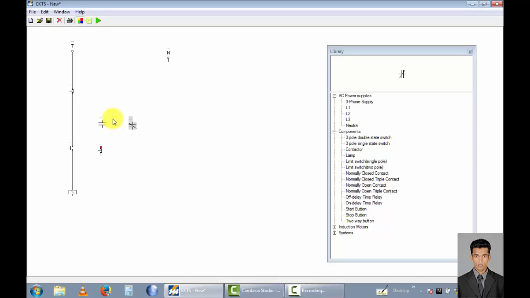Now I combine this terminal to this one and this terminal to this line, and this terminal I combine with this line, and this off switch contact point with this line,